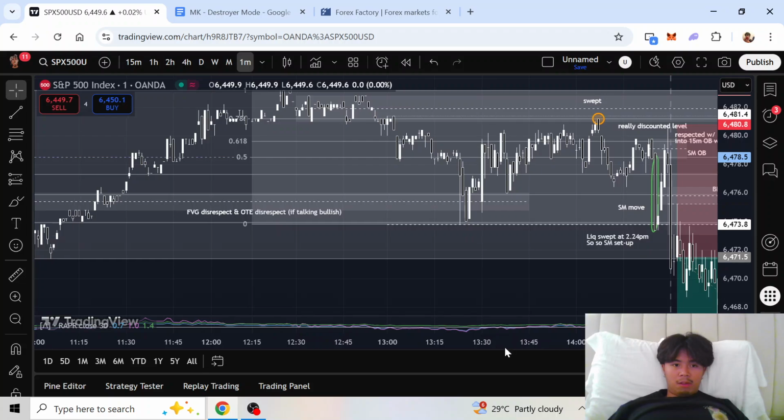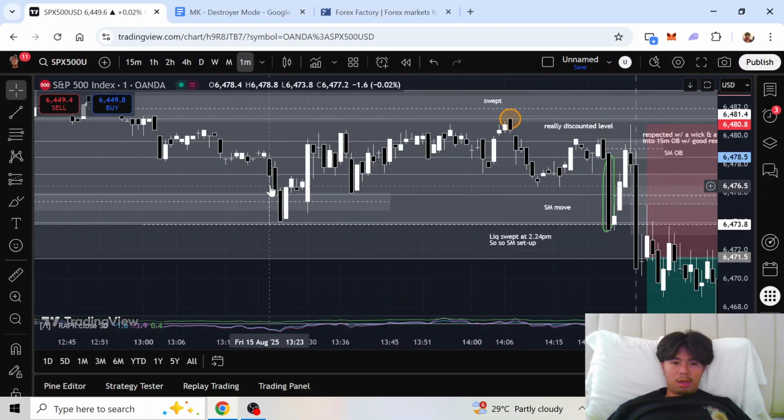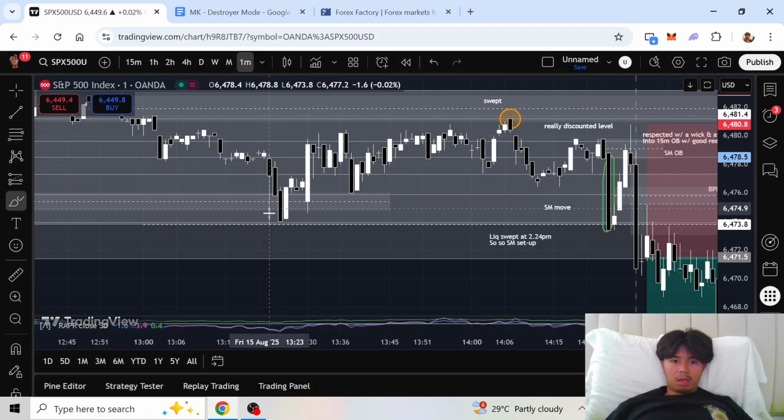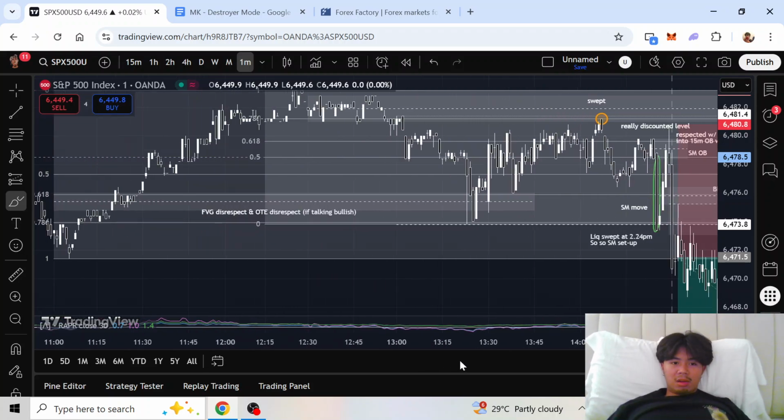Okay, when it first got to 50, it was a bit shaky. When you see this kind of wick, it literally is uncertainty. When you see a long wick like this, it's uncertainty. It doesn't know where to go, whether it wants to go down or up. So you show the wick. People were fighting for it, and as it went to this level down here,